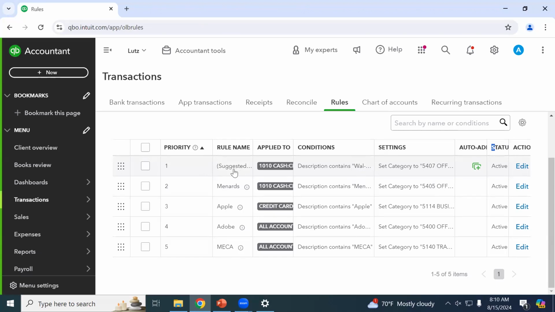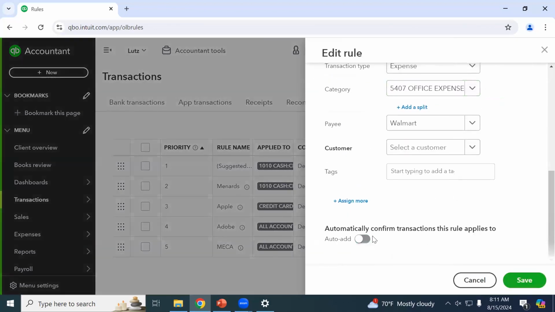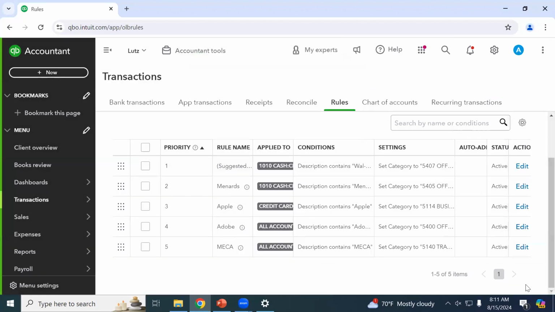And as you can tell too, like see how this says suggested? This is what I was trying to get it to show you. It was a suggested thing as a rule. So it wasn't one that I created, it was one that QuickBooks created for me and I just said yes. But maybe I don't want Walmart to auto add because I want to see it, because maybe I need to categorize it and break it down. So if I come over here under actions and hit edit, down here at the bottom, I can un-auto add it just by clicking the dial there and then hit save, and it will no longer auto add any Walmart transactions. And that's the same thing too, like if you hit edit